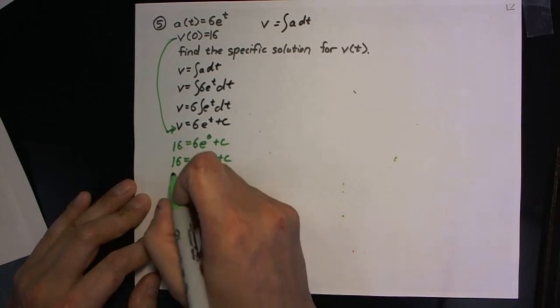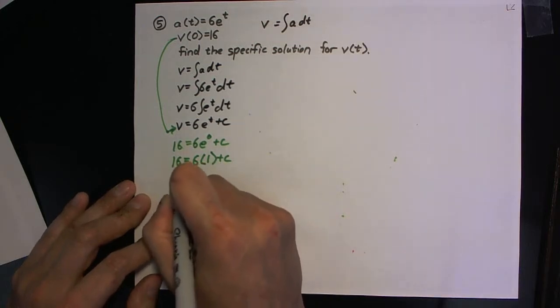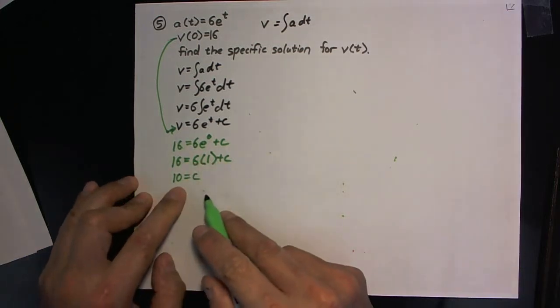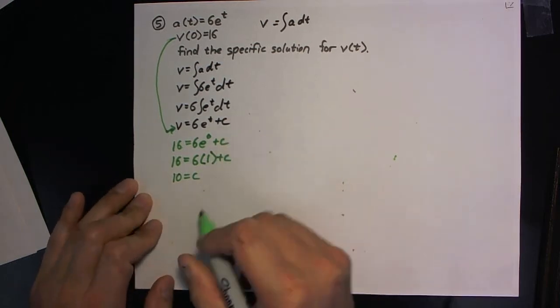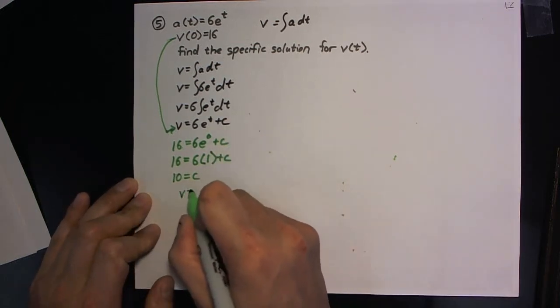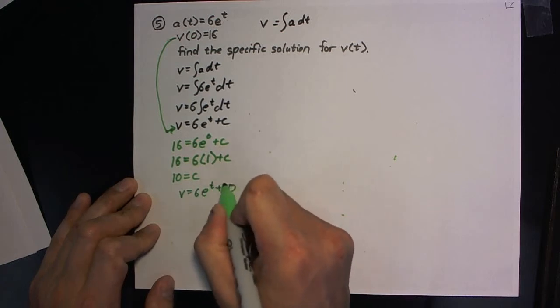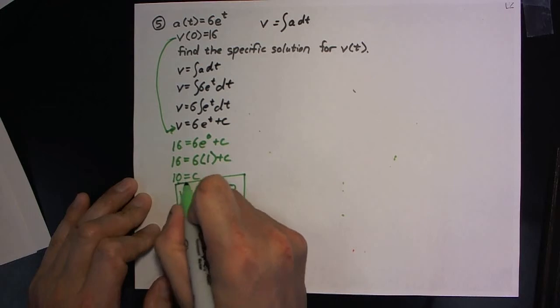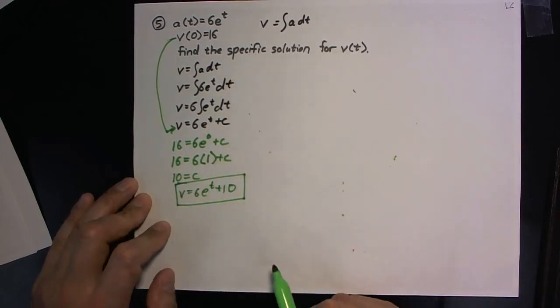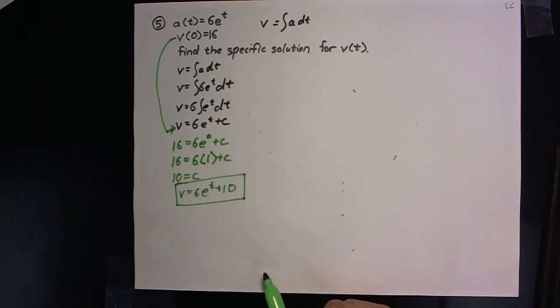Okay, do a little bit of algebra. And we get that c is equal to 10. Take this, substitute it back into here. And that is our specific solution for velocity as a function of time. All right, that's